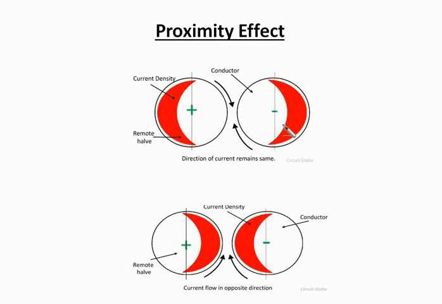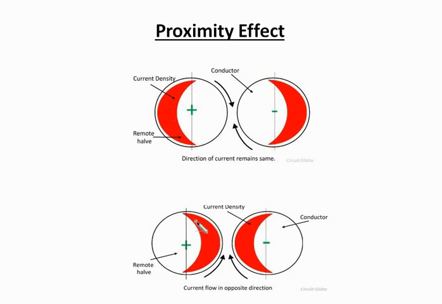You can see that when two or more conductors are placed near to each other, their electromagnetic fields interact with each other, and due to this interaction, the current in each of them is redistributed. Because of that, the greater density is concentrated in the away part. If current is flowing in the same direction, it will be concentrated in the opposite part of the conductor.